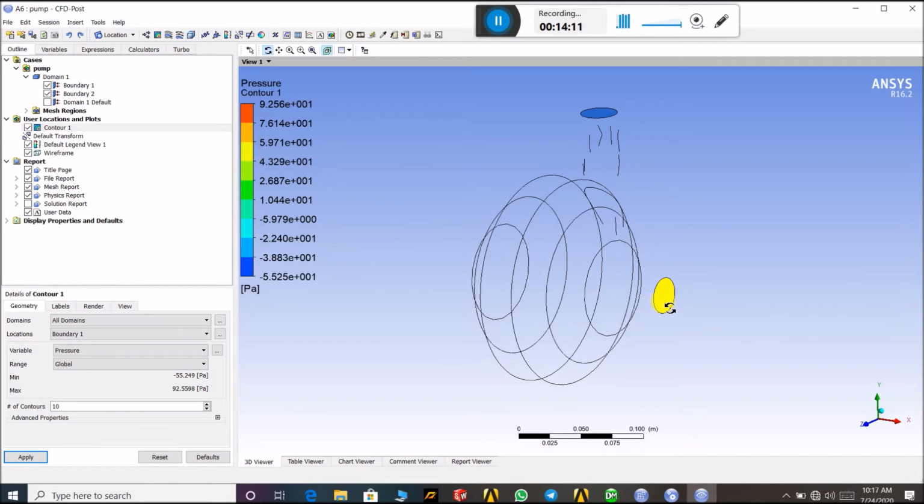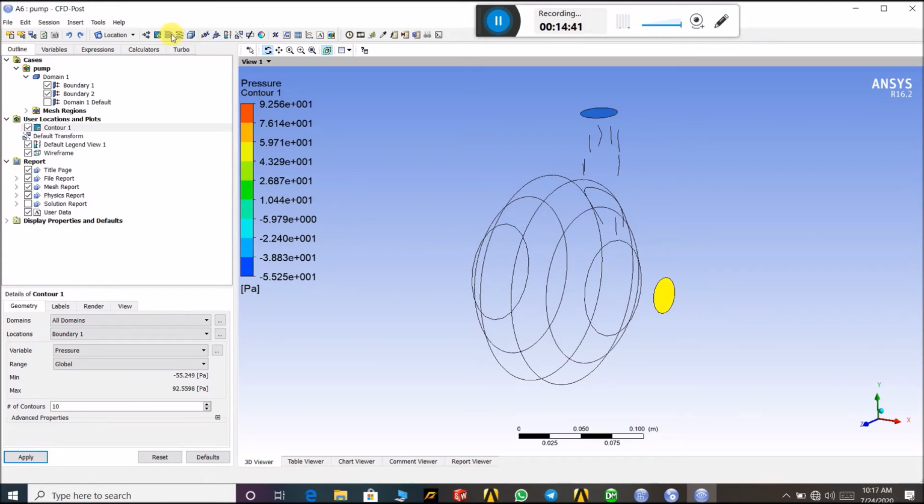So the pressure shows the different pressure levels. Here you can see the medium pressure level. After that the pressure is increased. The pressure is increased here. At the red region the pressure is at the maximum level. You can find out here. Here also the pressure is maximum, around 100 pascal, because we put the pressure here as 100 pascal.